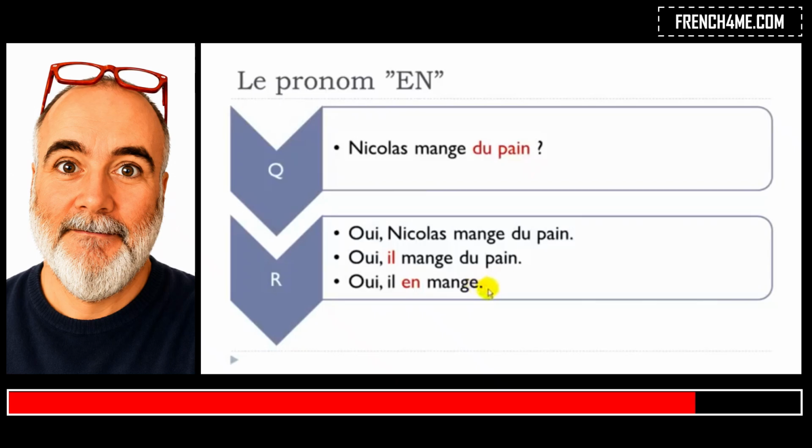Okay, so in that case you use this il just to avoid repeating Nicolas because it was previously stated, and then you want to use this en, the pronoun, just to avoid repeating du pain because it was in the question. Okay, oui, il en mange. So remember that this en pronoun should be before the verb. Okay, so let's see now